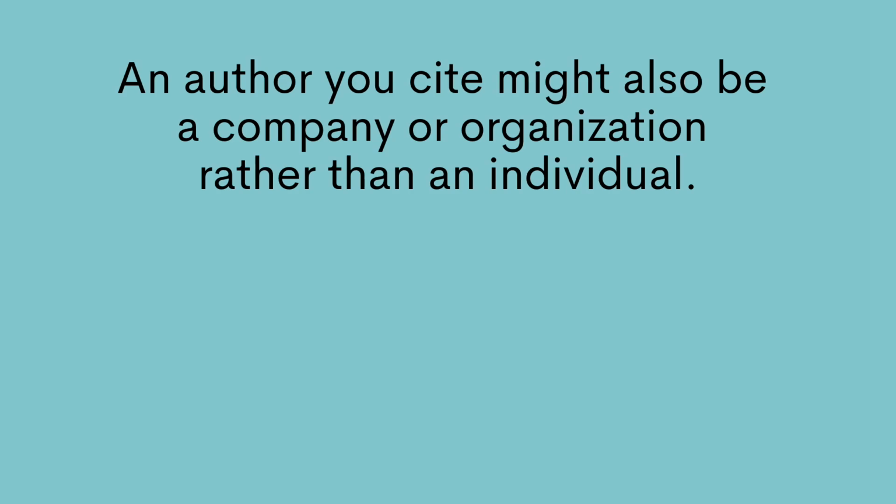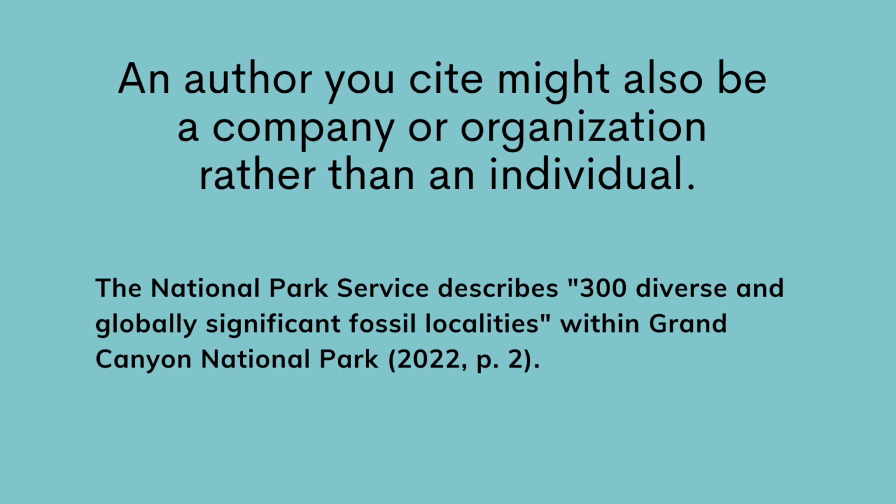You may not always be citing a piece of information written by an individual author. Maybe you're citing something published by a company. In that case, you'd use the company as your author. If we look at this example of a quotation, note that there is a little extra information included. When you quote word for word from a source, you'll add additional information, like the page number where the quote is located, so that your readers can more easily locate the quote if they want to read it in full.